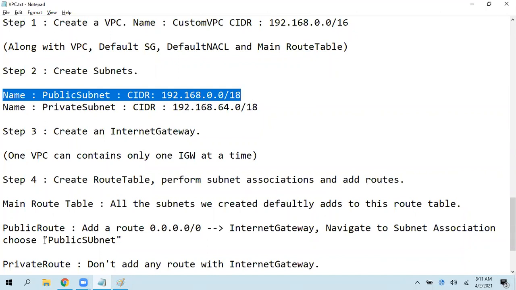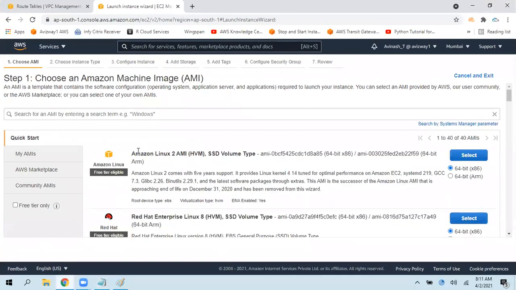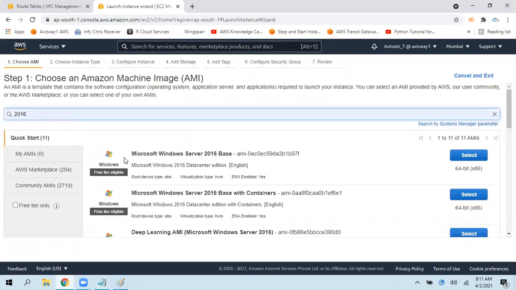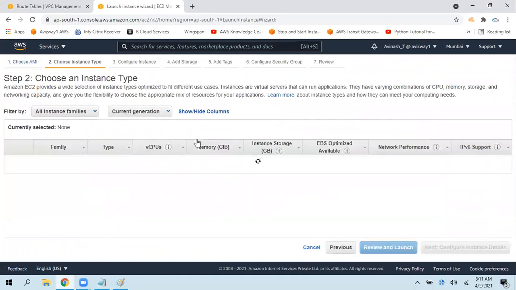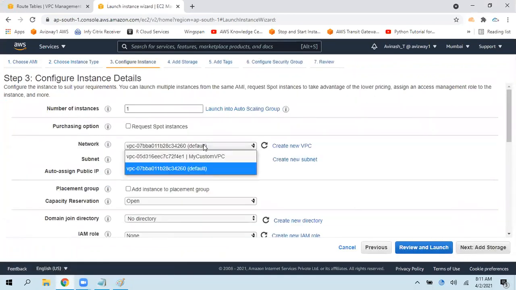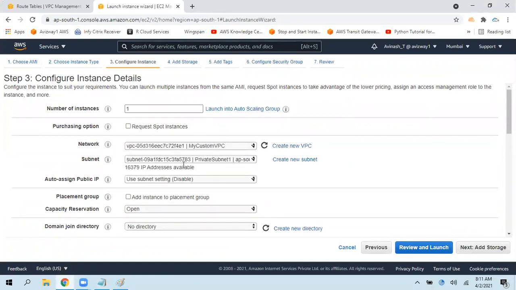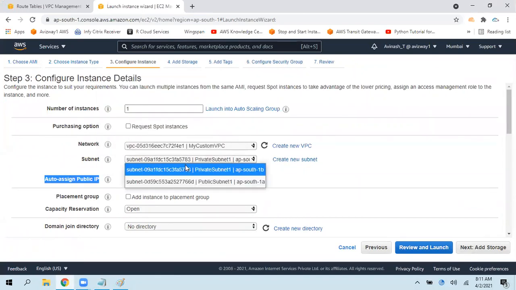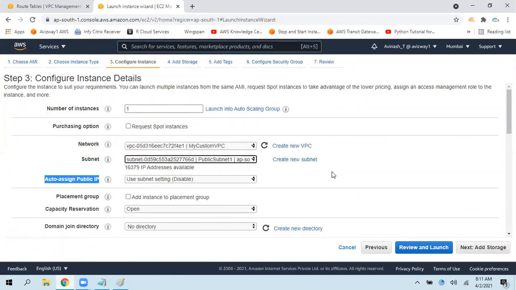So I'm going to choose Microsoft Windows Server 2016 base, T2 micro. Instead of the default VPC, I'm selecting the custom VPC, and see here, for the private subnet, auto-assign public IP address is disabled. If you choose the public subnet also, it is disabled.